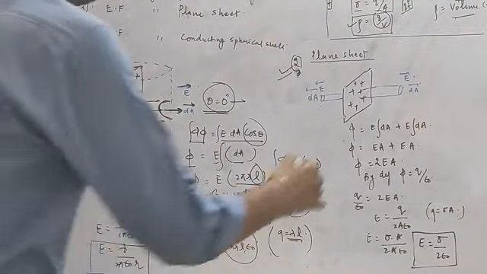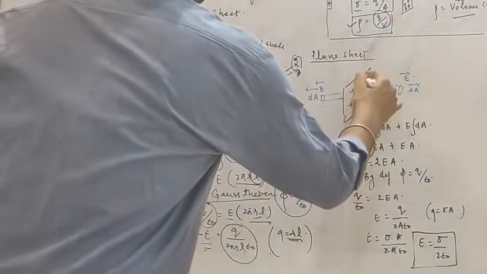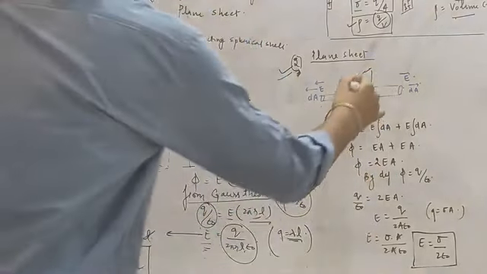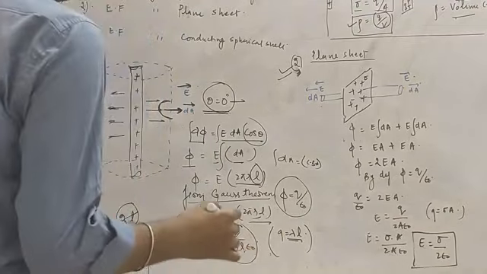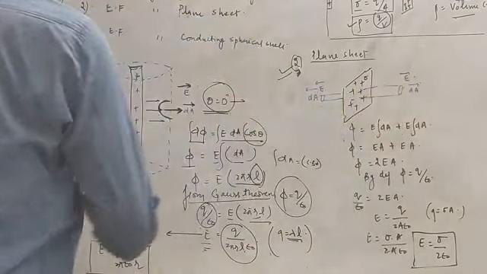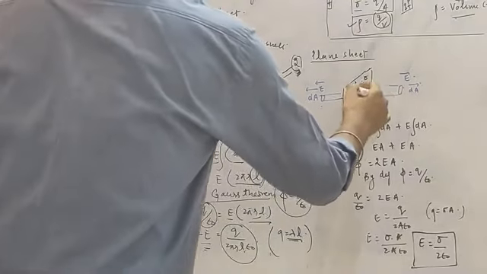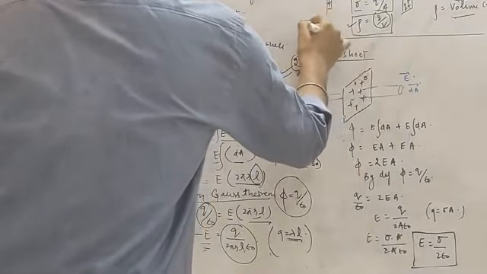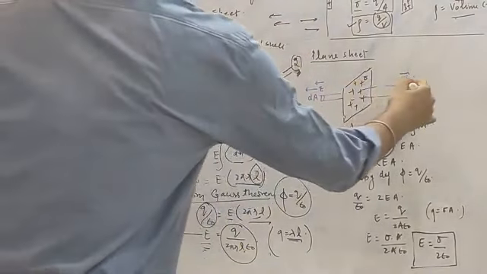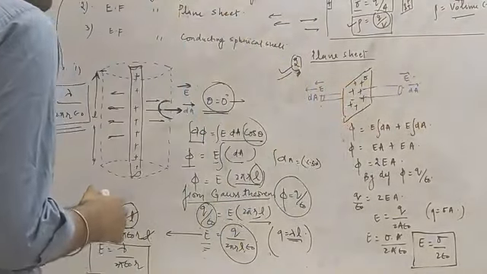So suppose we have taken a plane sheet where many charges are accumulated and the charge density is sigma. The electric field is moving in this direction and in this direction also, because we know very well electric field lines always originate away from the positive charge. The area vector is also in this direction and in this direction.